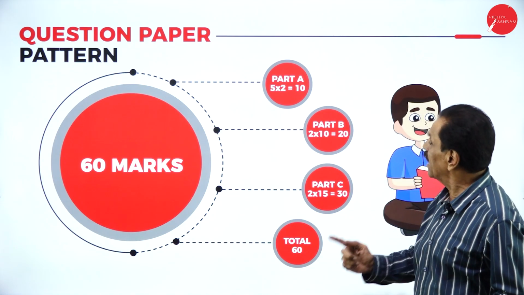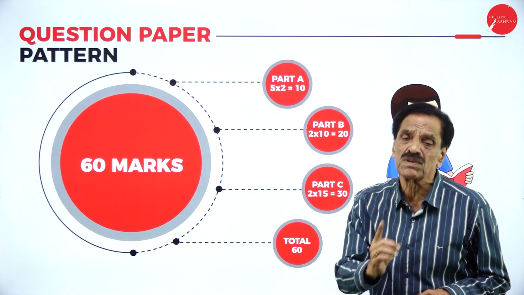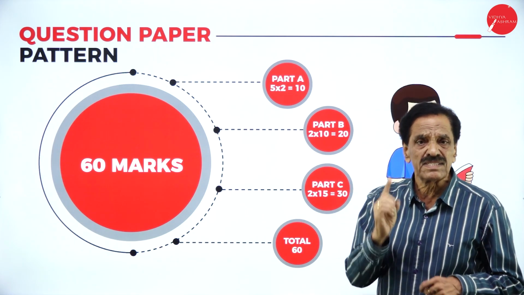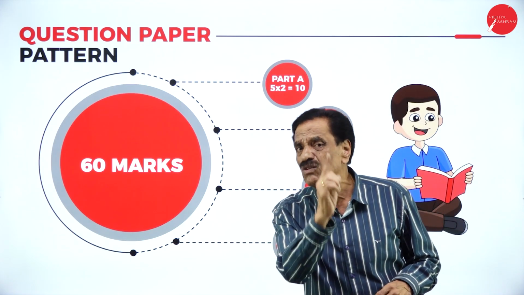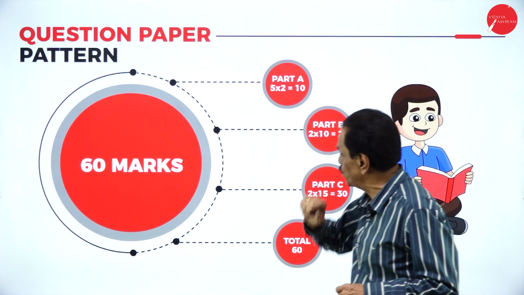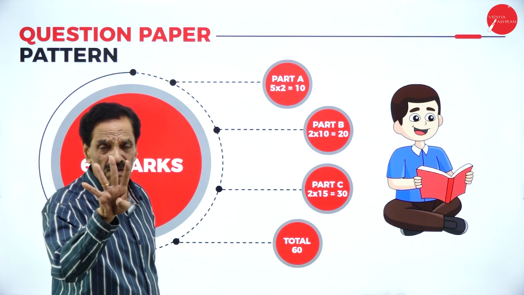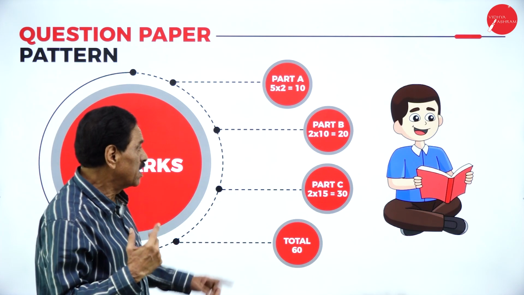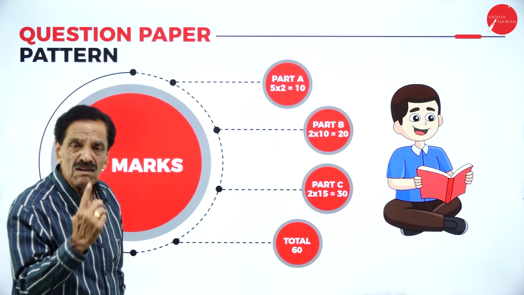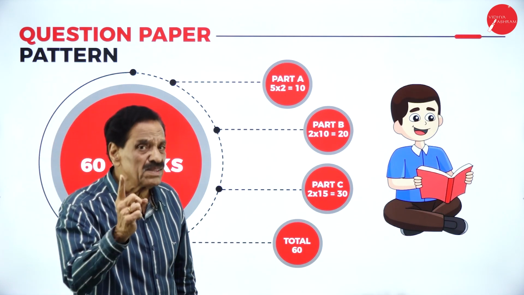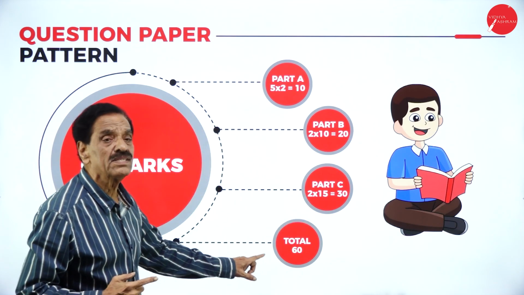First, we ask 2 marks questions, 7 of them. You have to answer any 5. I will repeat. We ask Section A, 7 questions, each carrying 2 marks. 5 questions you have to answer, that is 5 into 2. Second, Section B, we'll ask 4 questions. You have to answer any 2, carrying 10 marks each, 10 into 2, 20. Section C, we ask 4 questions, 1 theory, 3 practical, 15 into 2, 30, totally 60 marks.